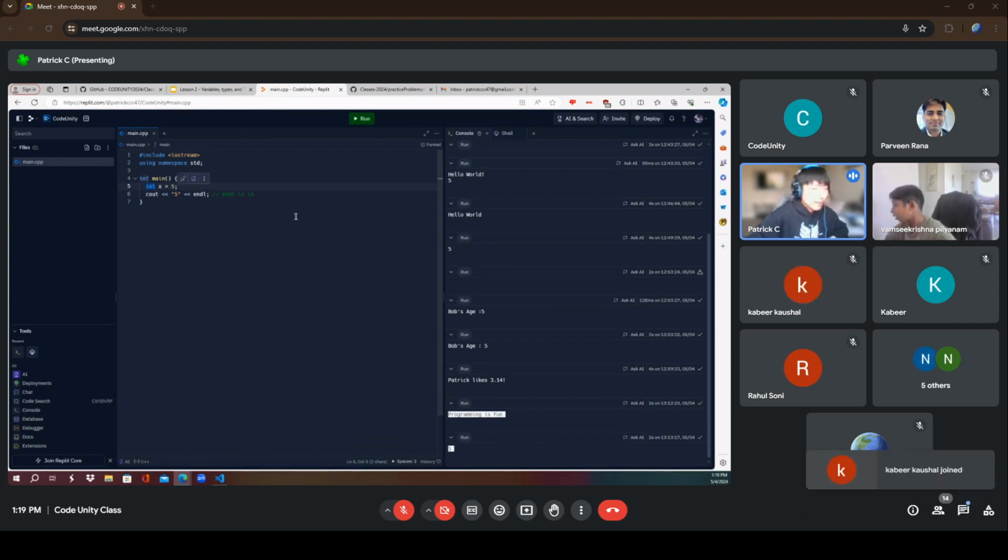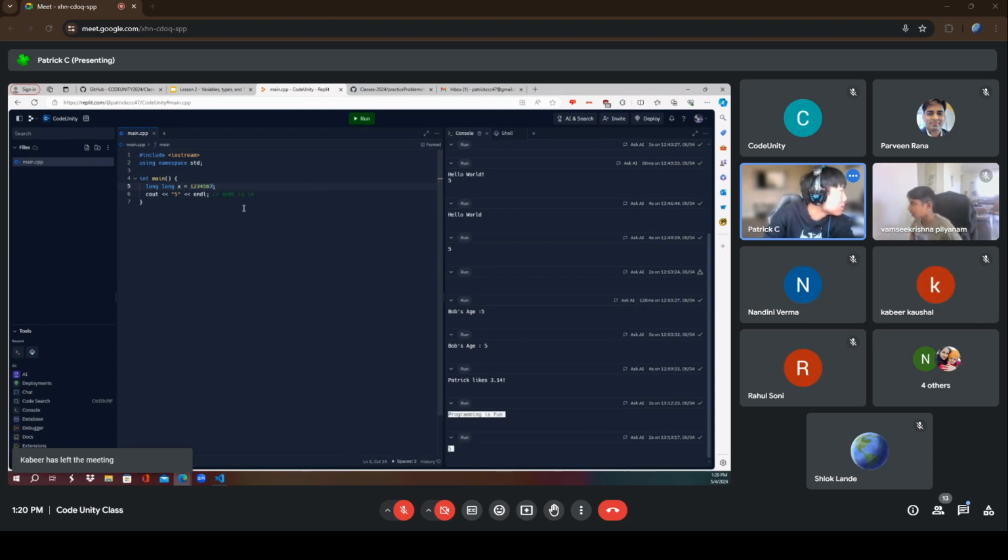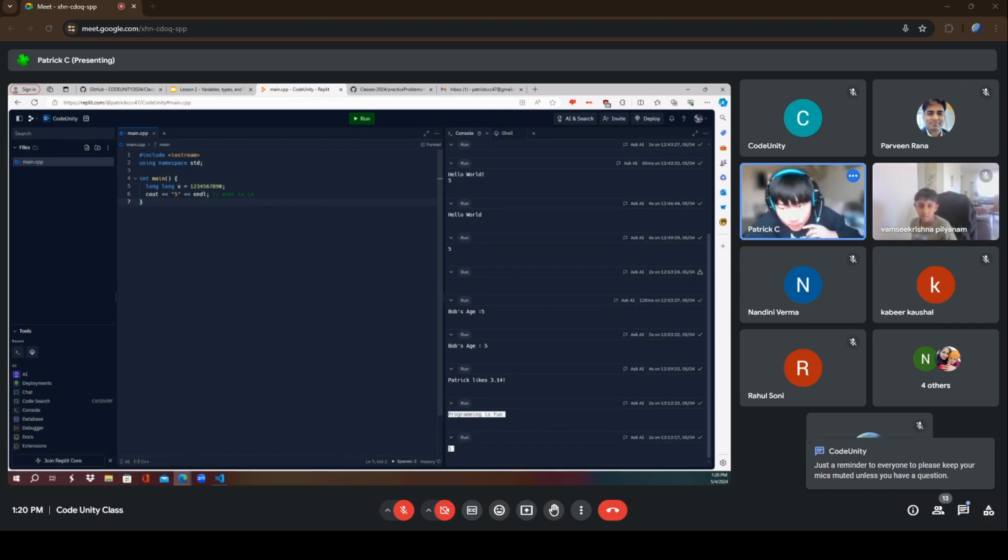So let's say I want to declare a big number, and my number was like this. This is a pretty big number, and if you use int, it's not going to work. It's going to integer overflow. What that basically means is that if you have a number that's too big for integer, it's going to do something called overflow, which is why you have to switch to a more compatible data type. And that's going to be long here.